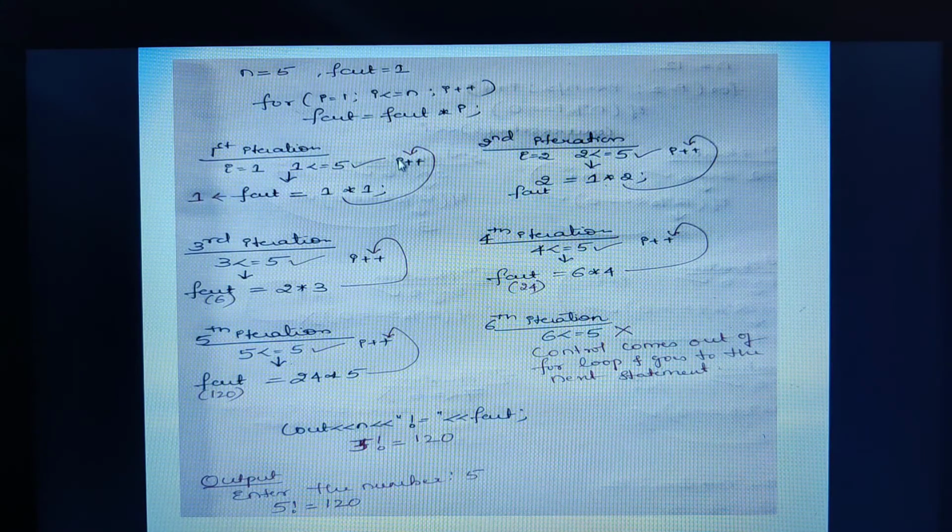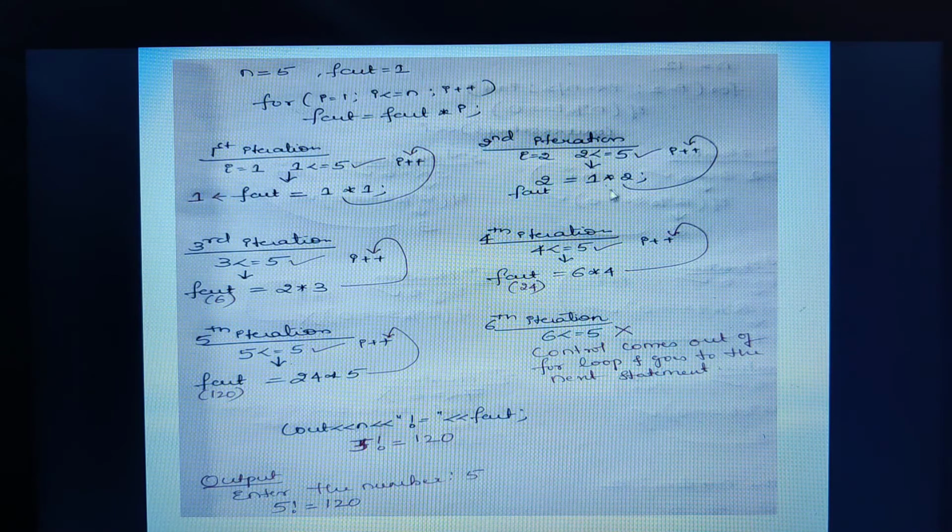Okay, every time the incrementation takes place, the I value gets incremented. When I value gets incremented, I becomes 2. So for the second iteration, for your understanding, I have written it here, but actually initialization happens only once. Now I is holding the value 2, children. Again, 2 is less than or equal to 5. Yes, the condition is true. Since the condition is true, it is making an entry into the loop.